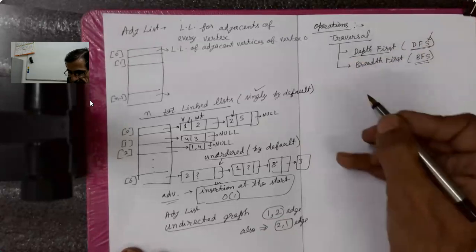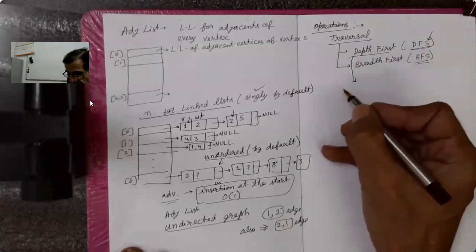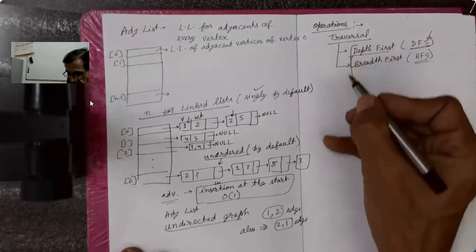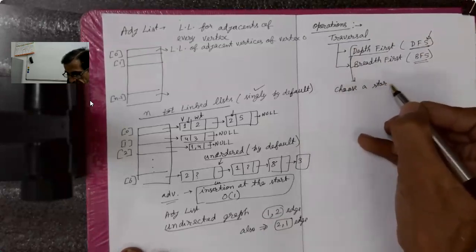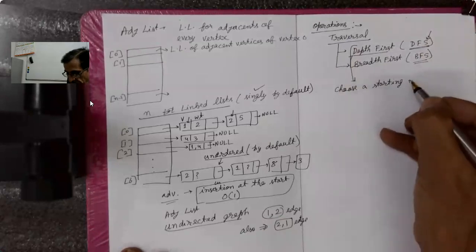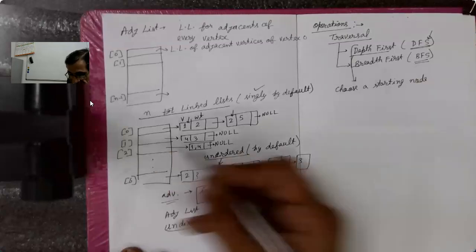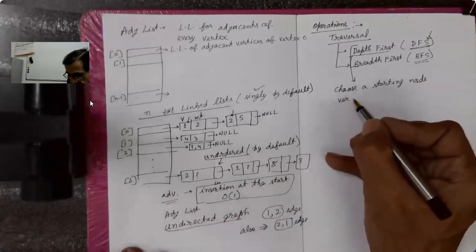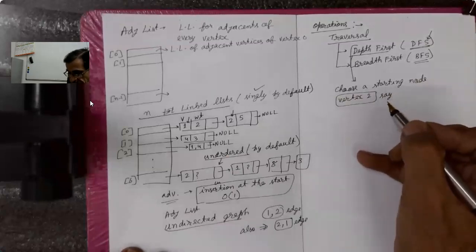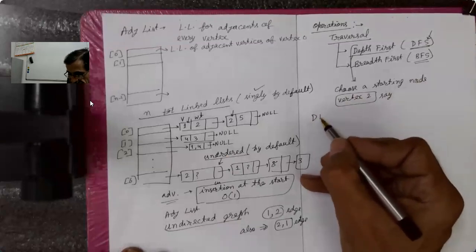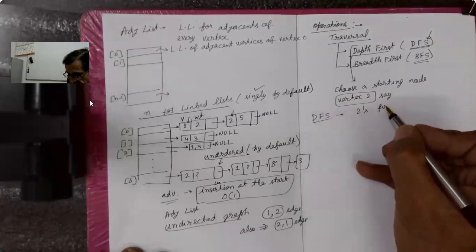As the word suggests, depth first. Depth first means, let's say, have a start. So in both these cases, the starting node is not fixed. So we will be choosing a starting node first of all. Anyone can be chosen as a starting node because there is no root like in a binary tree. Here, for example, for a particular graph, I could have, let's say, vertex 2 as the start. No need that vertex 0 will always be taken. So depth first will mean that 2's first adjacent is to be traversed,